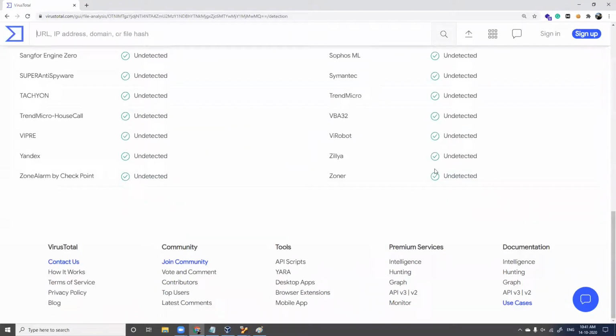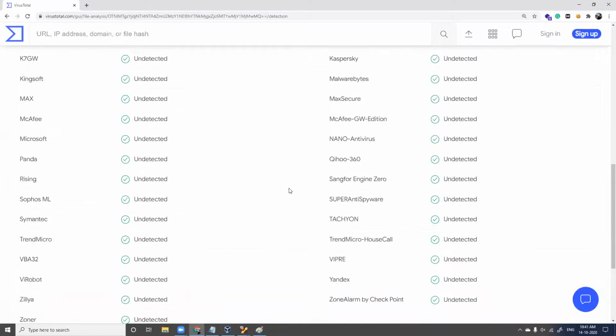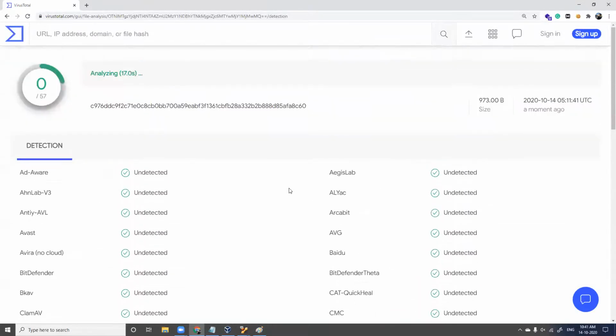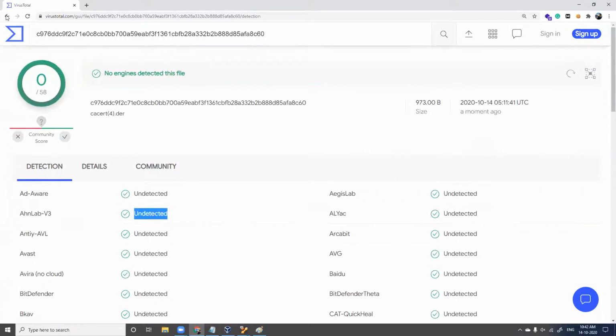It says undetected, undetected, undetected, which means the file is clean. Even if one engine says it is malicious, suspicious, or a Trojan, please don't download the file. It might be malicious. So virustotal.com can be used for this.